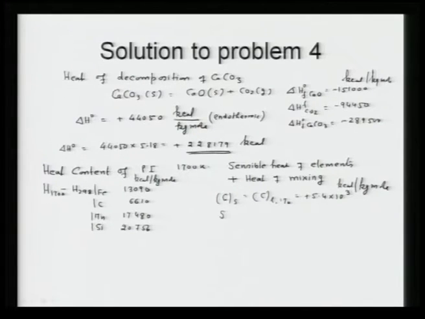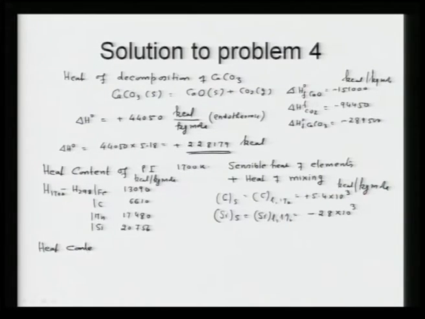Similarly, silicon solid to silicon liquid 1 weight percent, mind you it is minus 28 into 10 to the power 3 kilocalorie per kg mole. So, if we calculate all,